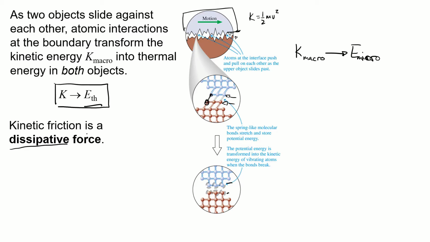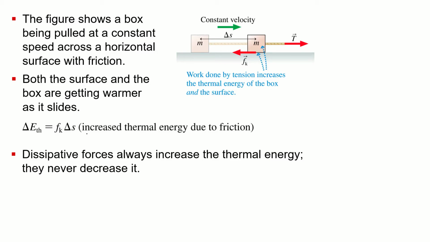So how do we figure out how much energy is actually transferred? A straightforward way to think about it that's really useful is you can think about the magnitude of the change in thermal energy as just being the work done by that frictional force. So if we have some situation like this where we have a block that's being pulled by a rope at a constant velocity, we have the tension pulling it that way, doing some work on that object, but we have friction from the surface in the backwards direction.